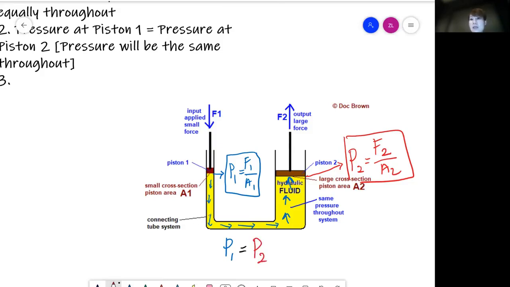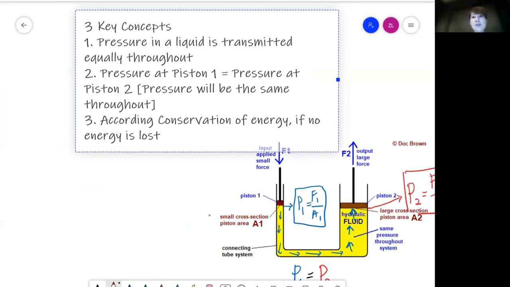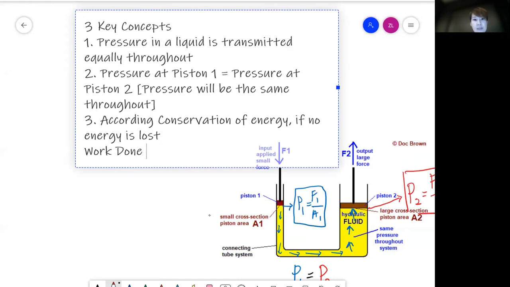So that is your key concept number 2. Now let's take a look at the third concept that you need to know in a hydraulic system. The third key concept has to do with the conservation of energy. Assuming no energy is lost to the surrounding, then the work done at piston 1, let's call it work done 1, will be equal to the work done